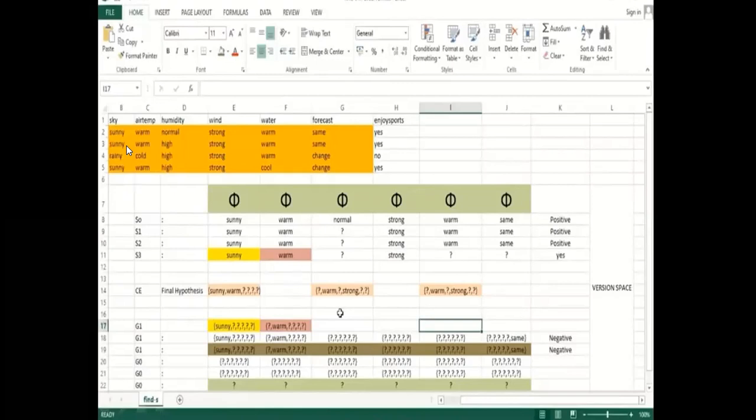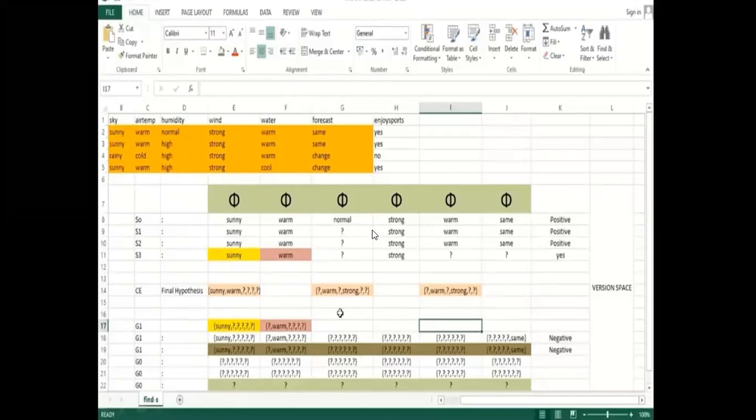So now I consider the second data set: sunny, warm, high, strong, warm, same. You can see high over here, and the previous data was normal. So in place of high, you put a question mark. I consider S1: I replace sunny with sunny because there is no change, warm with warm, no change. High with normal: we have high and the previous data was normal, so I replace it with a question mark.